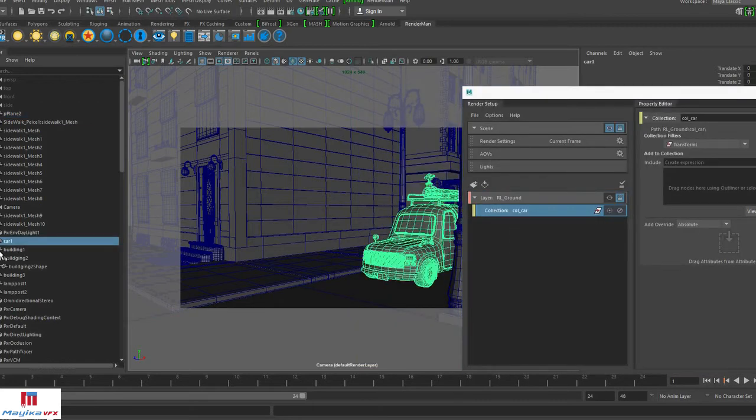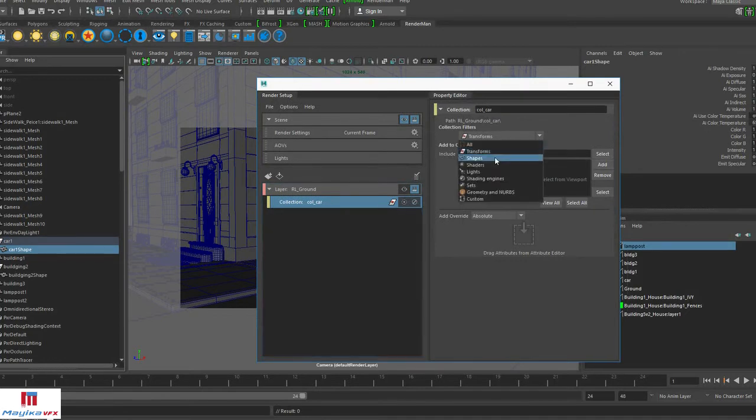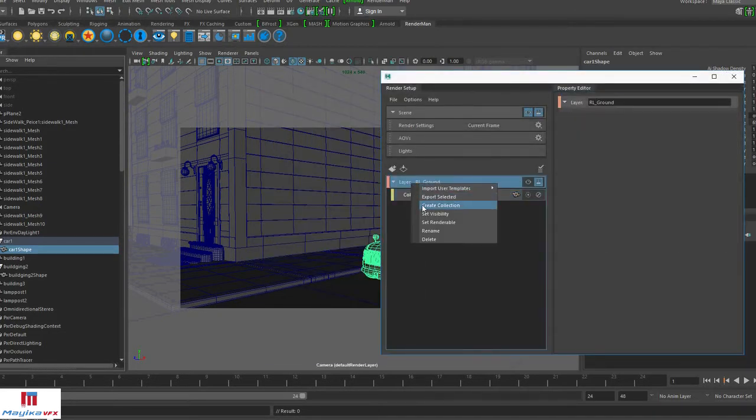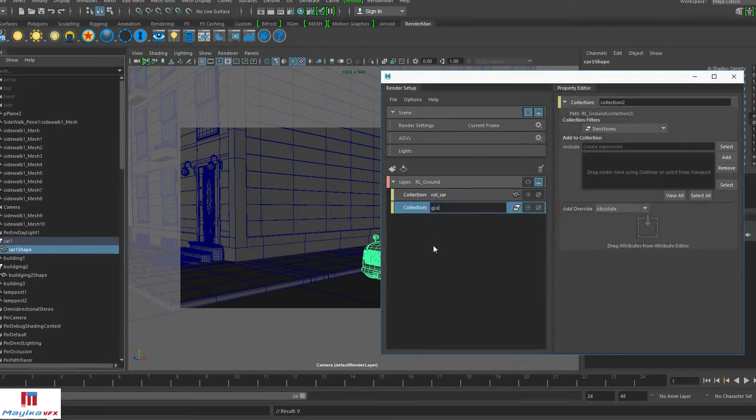So similarly, let's add the car. Go to shape, add it, so that it's now a shape based collection. Let's create another collection for ground.